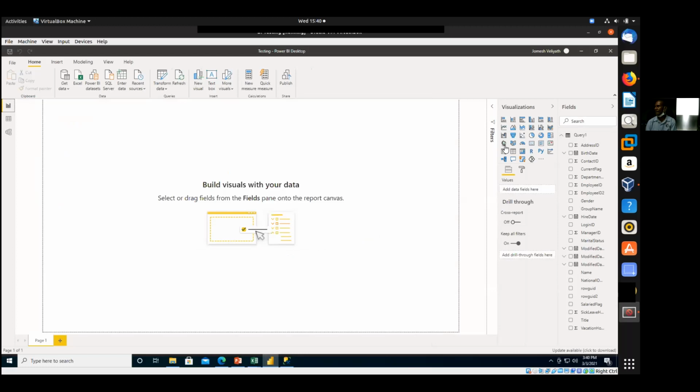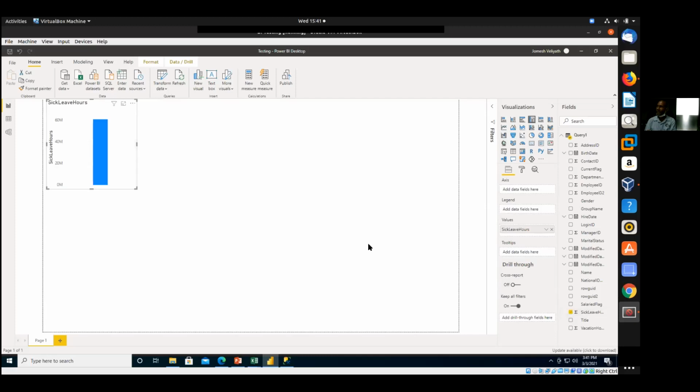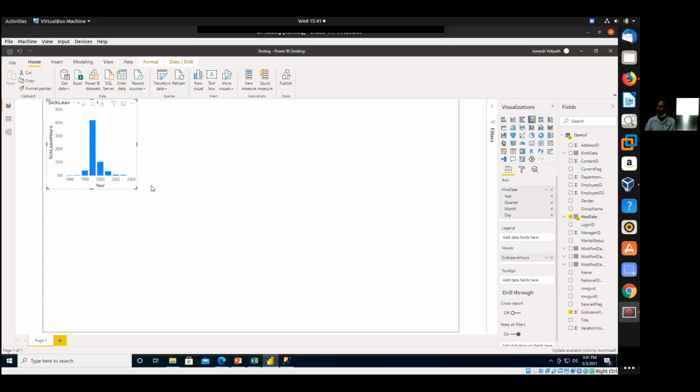So let me choose quickly a little bit of data here. Let me try to do higher date. I choose a higher date, and I will try to click on the sick hours and try to click on the higher date. Just click on the higher date. Now you can see that